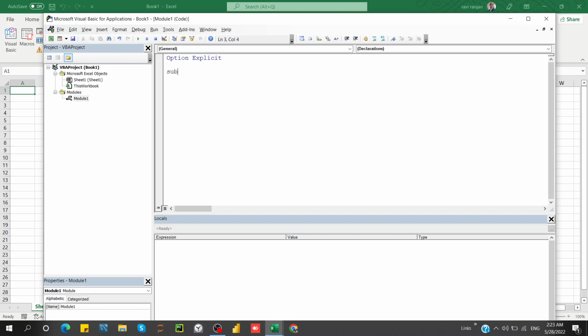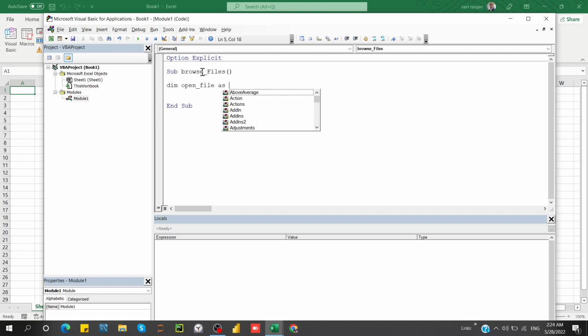Sub browse files, open file. Now we define the variables, which is done with Dim, open file as String, and now open file is equal to